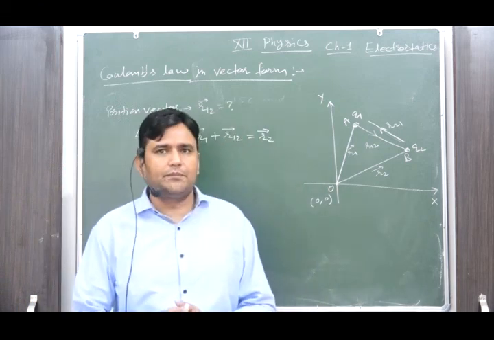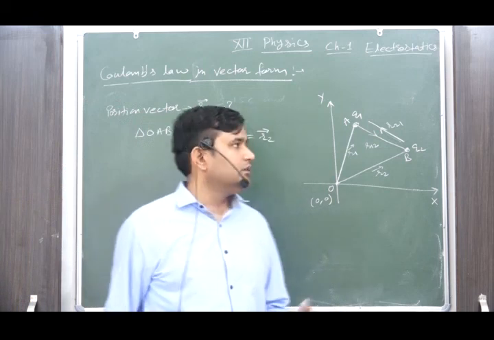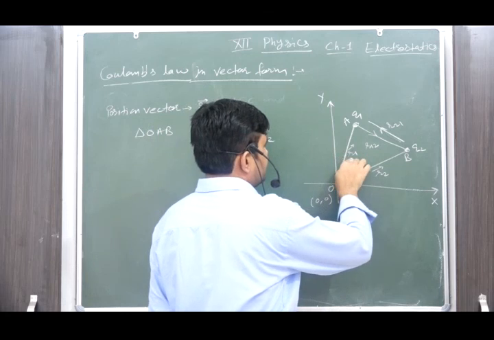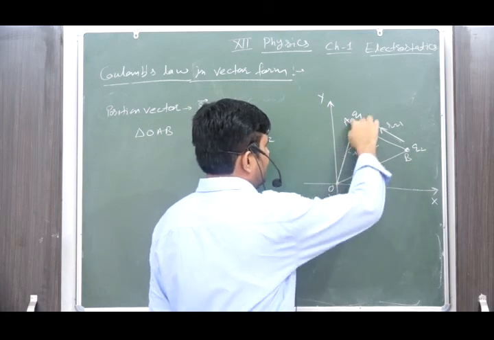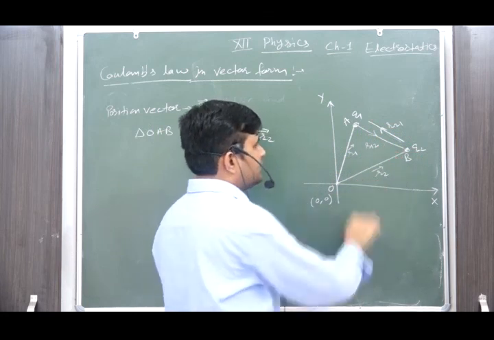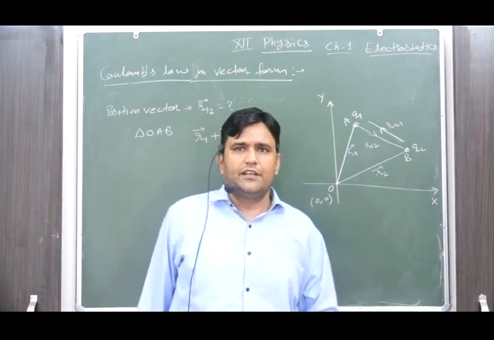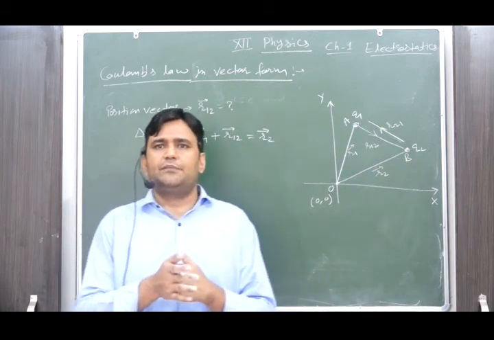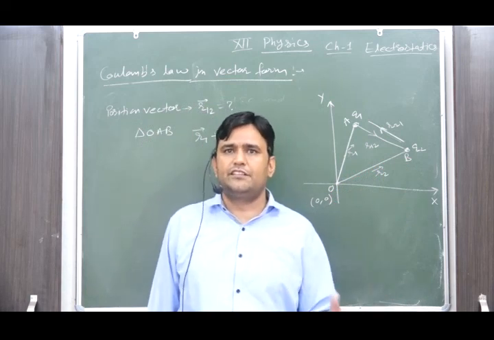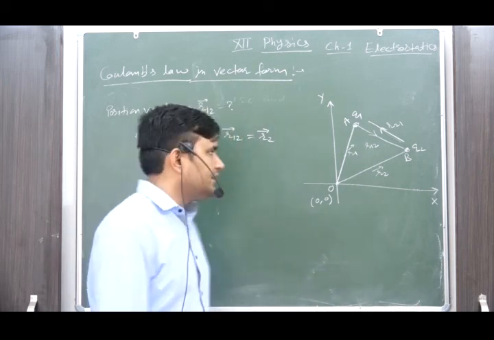वेक्टर का ट्रायंगल लॉ फॉर्मुलेशंस कैसा होता है आपके पास? It is defined in terms of when the two sides of the triangle, OA and AB, the summation of both the sides is equal to the third side when it is in the opposite direction. It means कोई भी दो consecutive sides आपने ली तो third side जो होगी, whether it is in the opposite direction, it is representing the summation of both the sides.